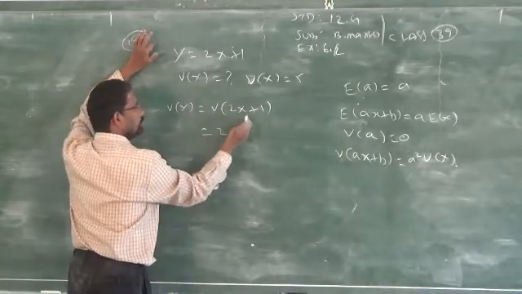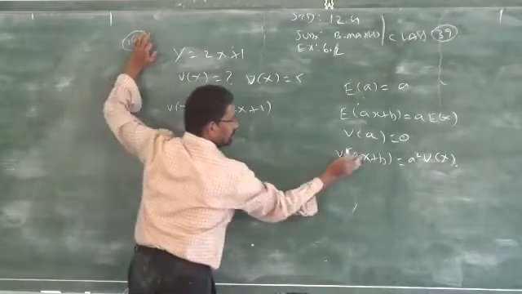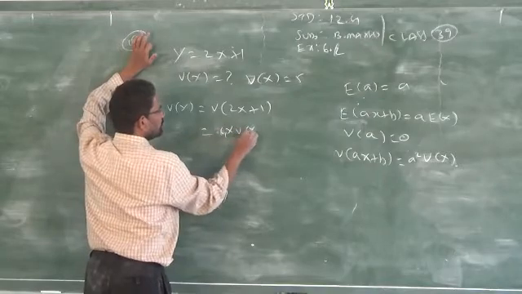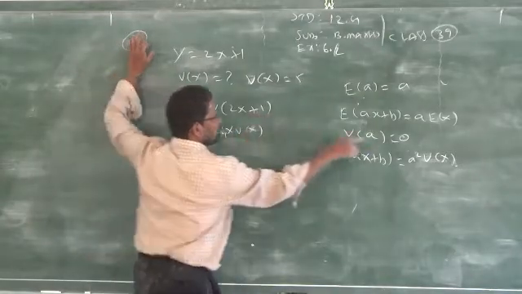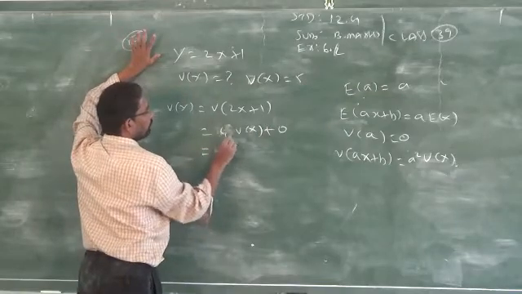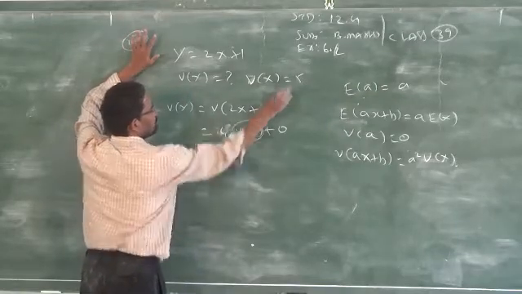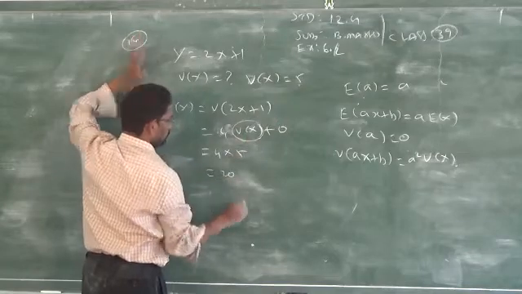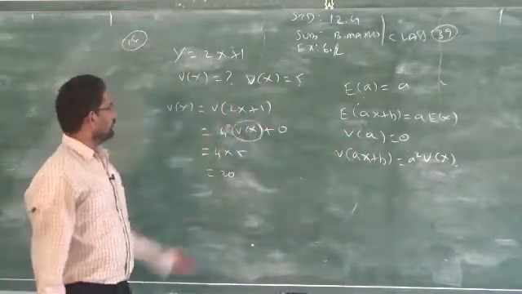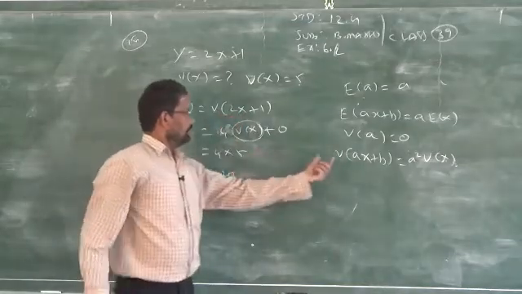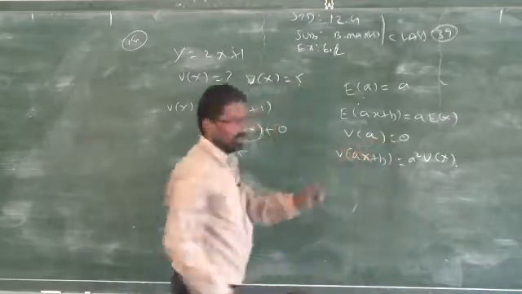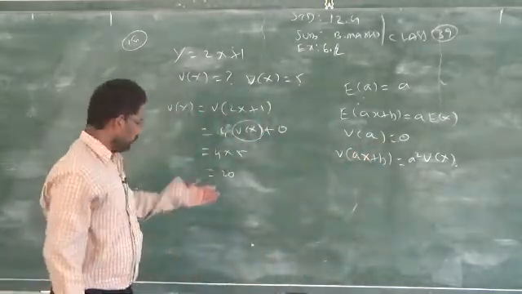Applying that formula, when you take the variance inside, the constant 2 becomes a square. So, 2 becomes 4 into the variance of x. The variance of a constant is what? 0. Therefore, that will become 0. 4 into, what is the variance of x given in the question? It is 5. So, that gives 20, that is the answer. Based on this property, I have to do this problem. The variance of 2x is a square times the variance of x. The variance of a constant is 0. Apply that property, you will get the answer.